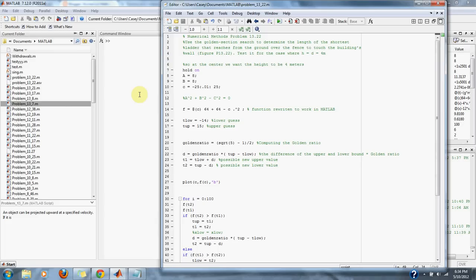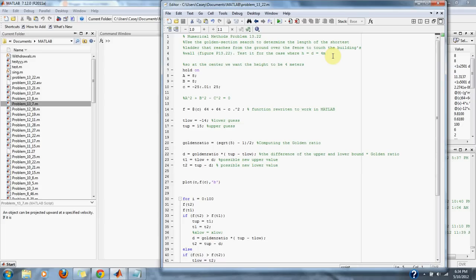So, we notice that the box is square, 4 by 4, and it matches our outer triangle of the ladder, and everything should be on a 45-degree angle. So we can tell by the box, or the fence and the box given in the figure of h by d, that the wall should be 8 meters high and the ladder should be 8 meters away